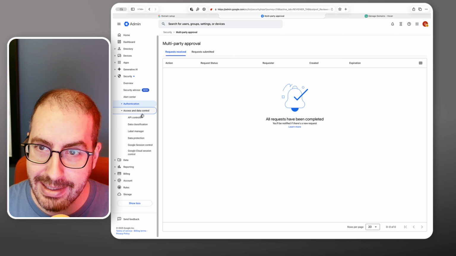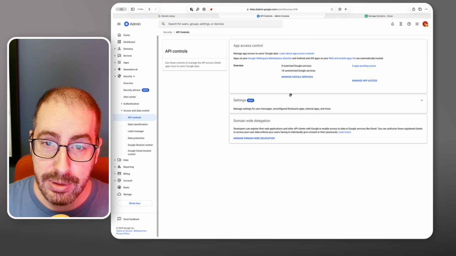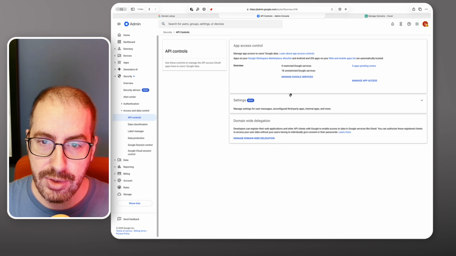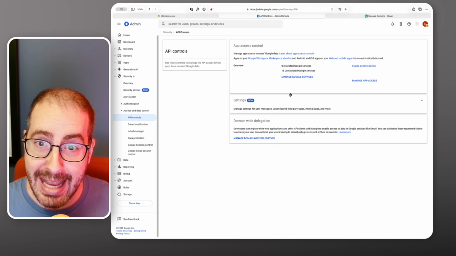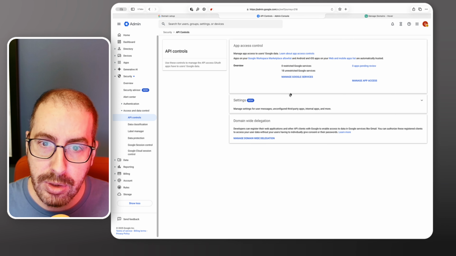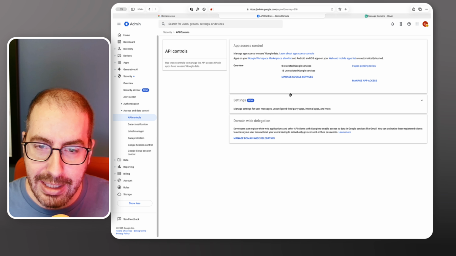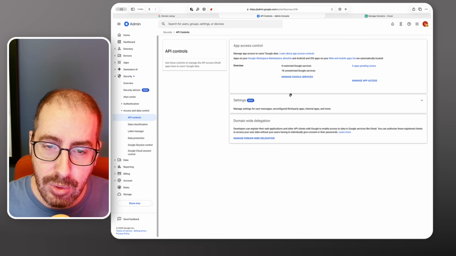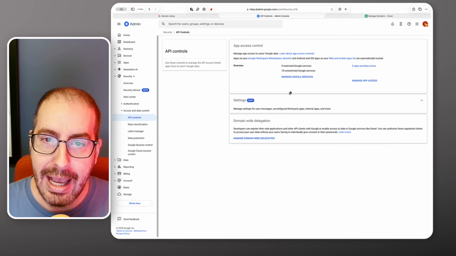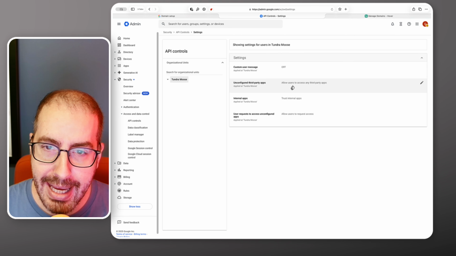Now we're going to go to access and data controls, specifically API controls. One of the issues you'll see with Google Workspace is if you don't do this, in 6 months, a year, 2 years, you're going to have a million different apps that have access to Google Workspace data, Google Drive, Gmail, and so on, and you'll have no control over what's going on. That could include a dozen apps recording meetings, apps looking at Google Drive data, Gmail, free apps that you have no contract with. So I highly recommend that you go into the API controls, go into the settings, and then